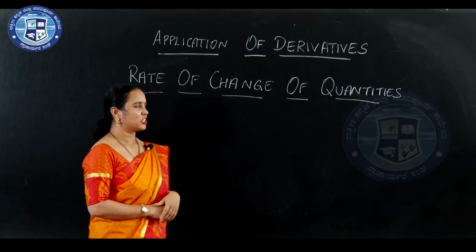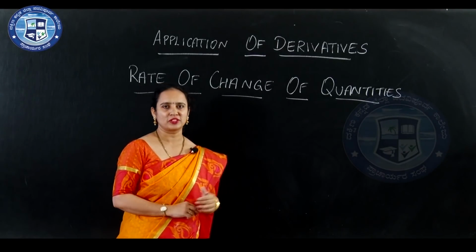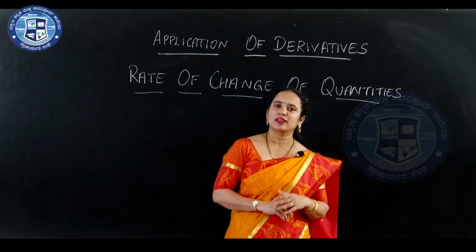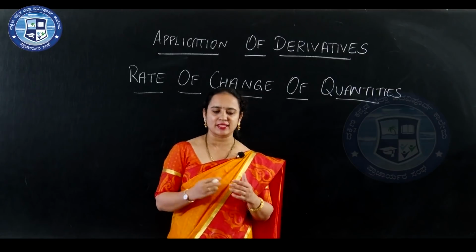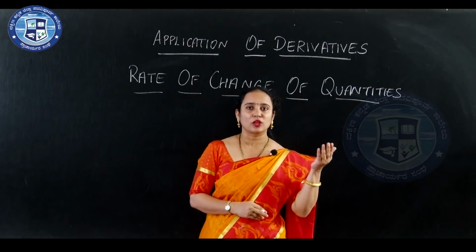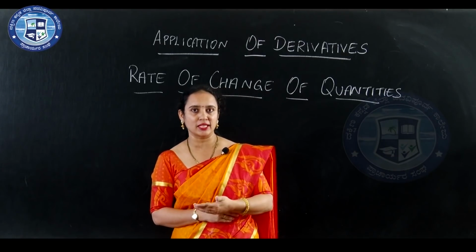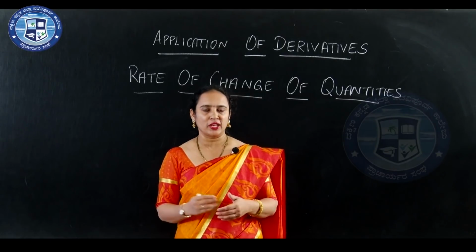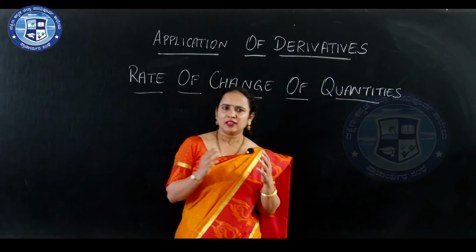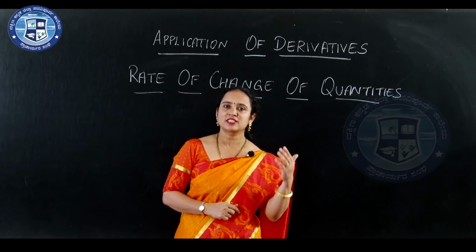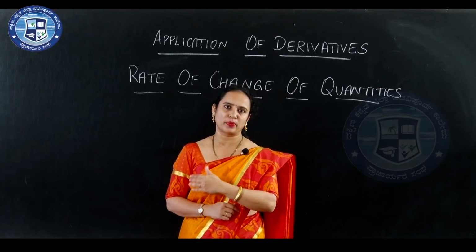The first application, rate of change of quantities or rate measure. This is used in our daily activities as the change is all around us, like change in the cost of, change in the price of quantities, change in the number of population, etc. In geometry also, it is called as slope, that is change in y with respect to x.